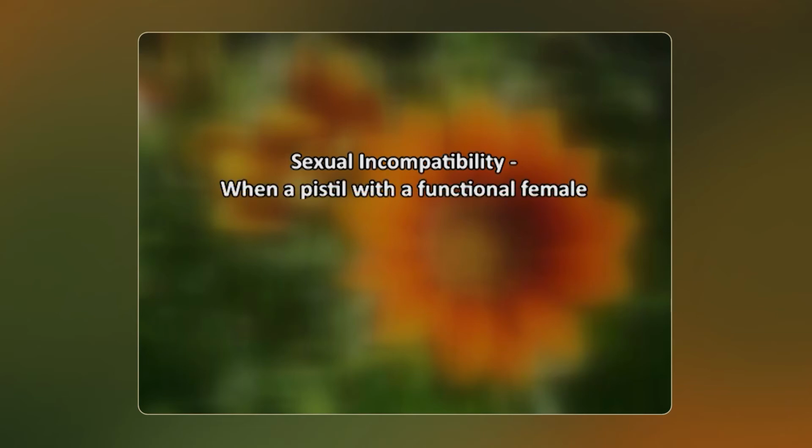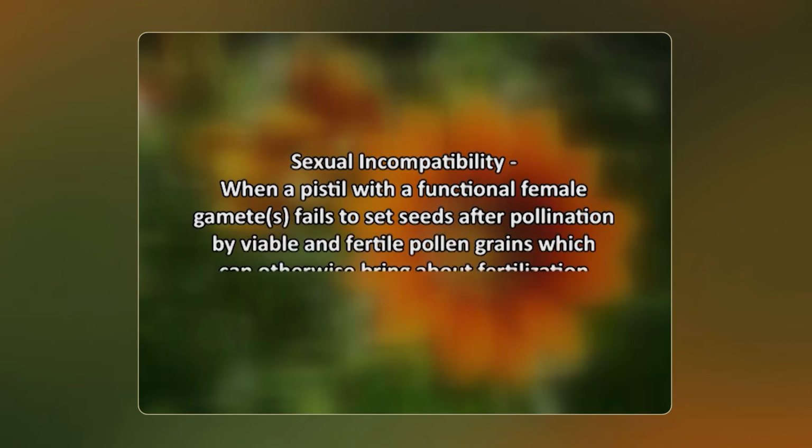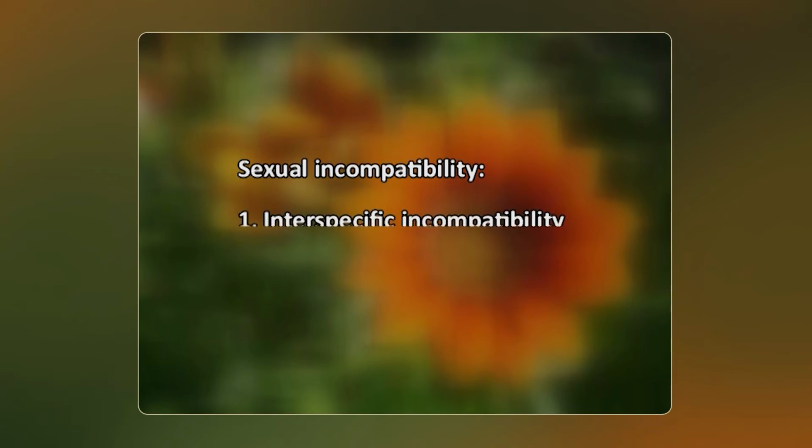If a pistil with a functional female gamete or gametes fails to set seeds after pollination by viable and fertile pollen grains, which can otherwise bring about fertilization in other pistil, the two are said to be sexually incompatible. Sexual incompatibility is of two types: one, interspecific incompatibility, and second,